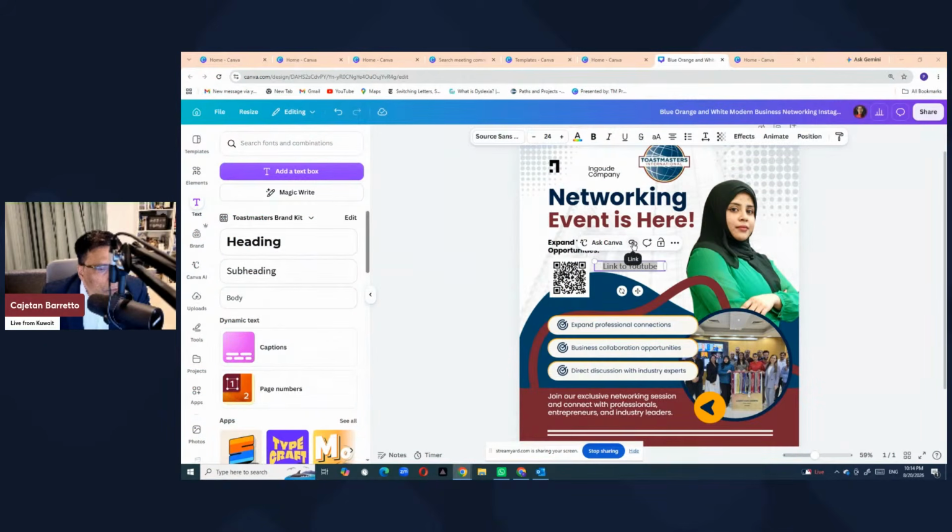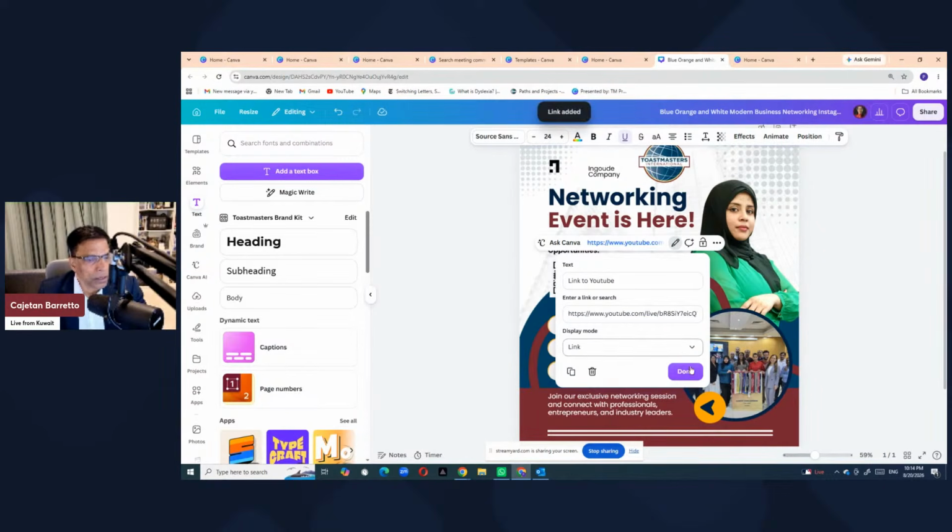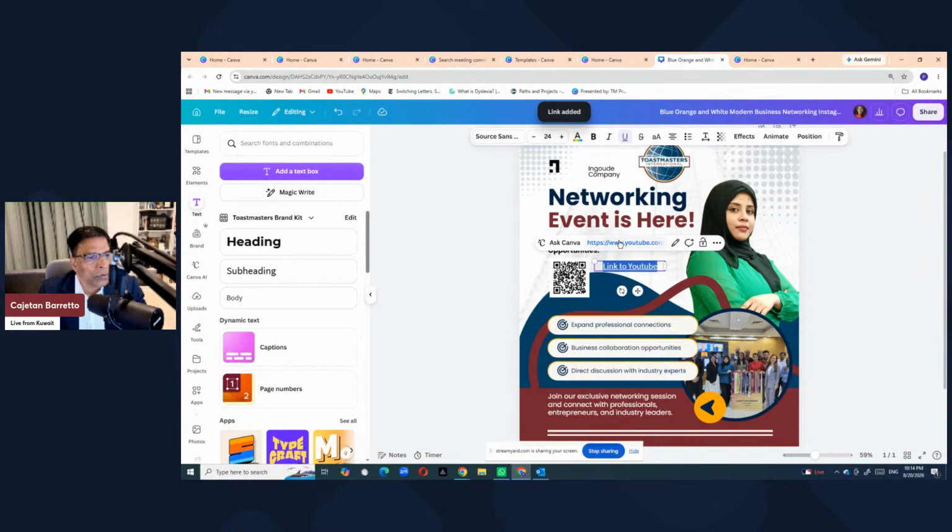If you click on this link, then we can type any link like this and click done. So it becomes a link that people can click on. The only thing is, these links will only work if you save the output as a PDF file, not as a picture. What I mean to say is that if you click on the share button on top here,